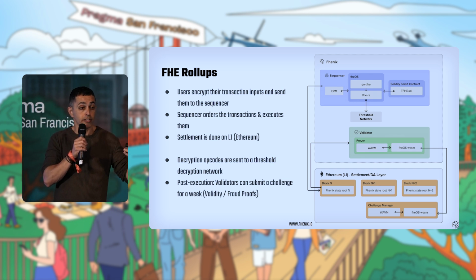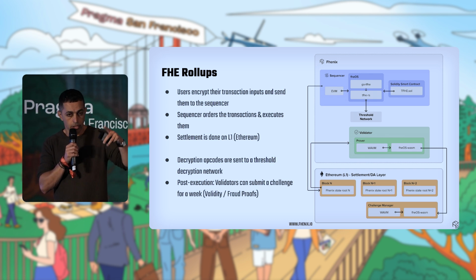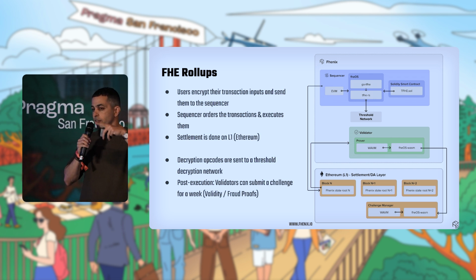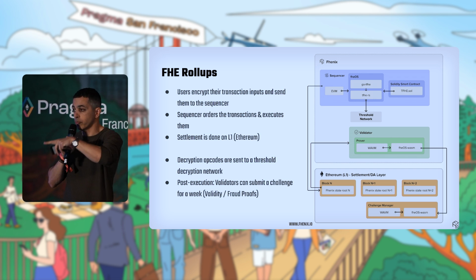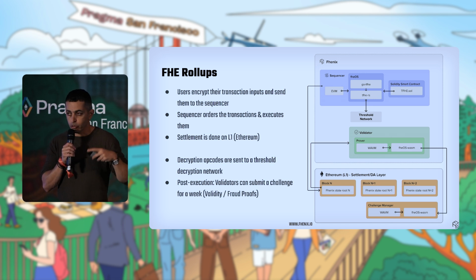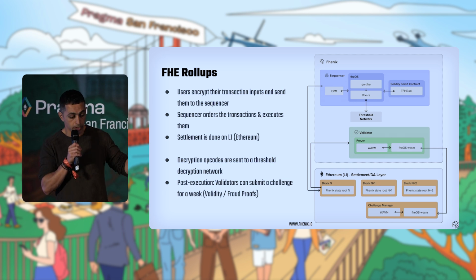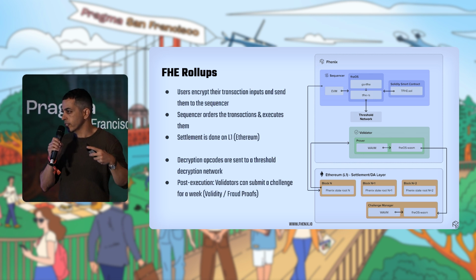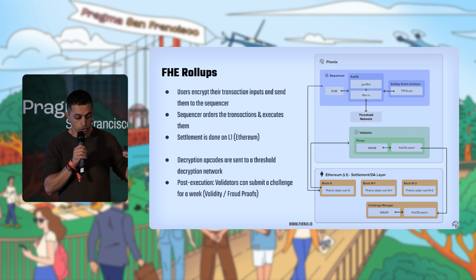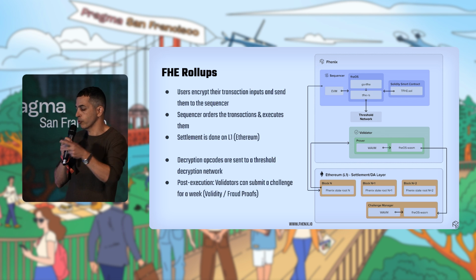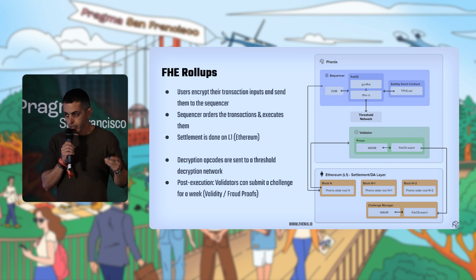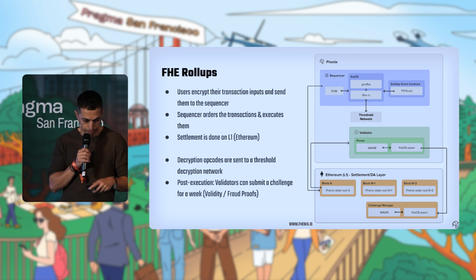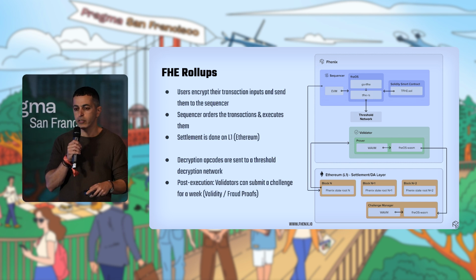If there is a request to decrypt the data, there is a component called a threshold network, which is taking the network key and sharing it among multiple participants for security. The threshold network computes and decrypts the data. And if there is a need to do post-execution validation, like fraud proofs, there is also a mechanism that enables you to run fraud proofs on top of FHE. So FHE rollups are already out there. You can test it and check the Fhenix testnet.